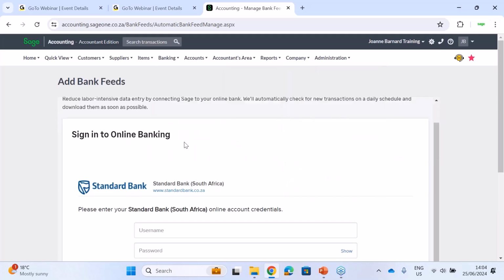Now, at this point, there are certain things that I have seen happen and that are fairly common, where you go add bank and choose bank, and that screen is completely blank. You can't choose F&B, you can't choose Standard Bank. There is no bank to search. It basically just keeps looping. If that is the case, it's probably something specific that we need to look at on your company, and that is